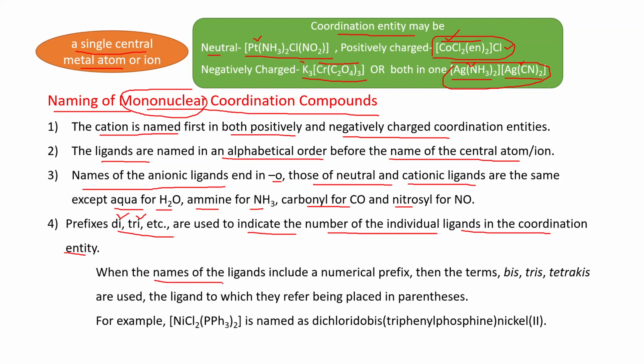When the names of the ligands include a numerical prefix, then the terms bis, tris, tetrakis are used, the ligand to which they refer being placed in parenthesis. Parenthesis means small bracket. For example,